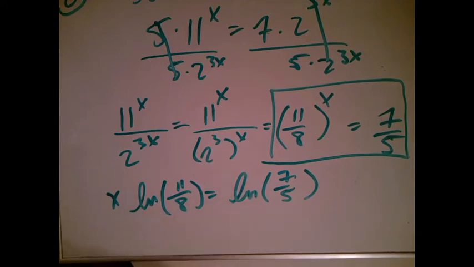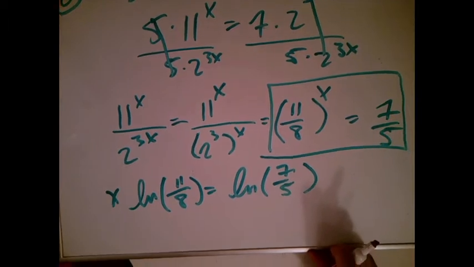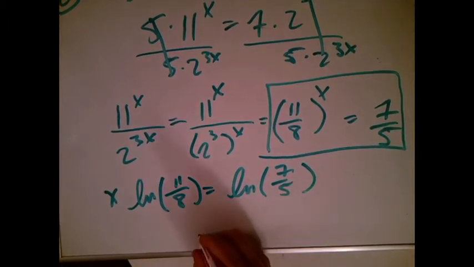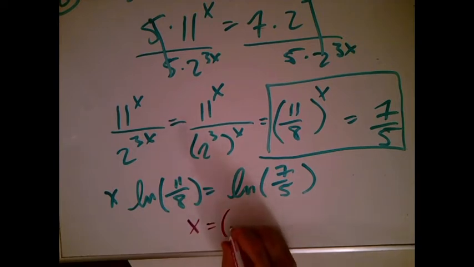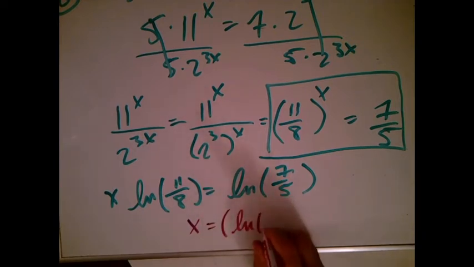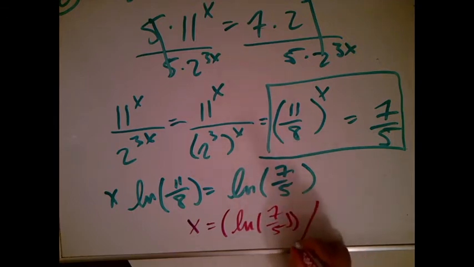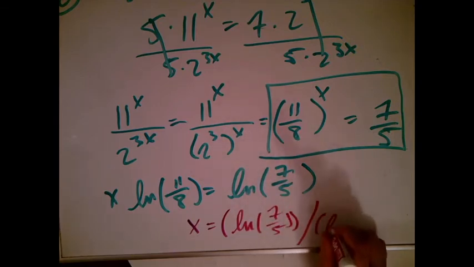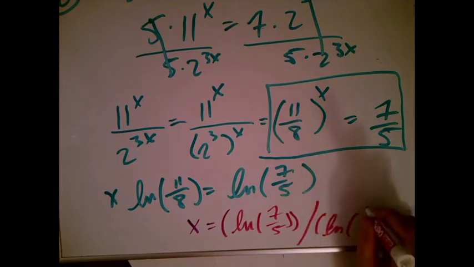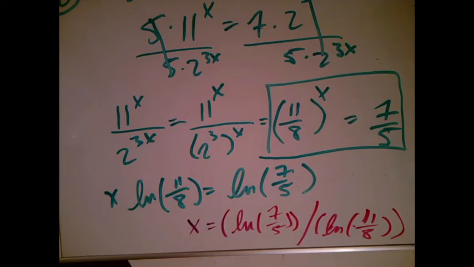But no matter how icky the constant is, we can actually just write down the answer. So I'm going to go like this. I'm dividing both sides by the ln of 11/8. So I get the ln of 7/5 divided by the ln of 11/8. Make that look like an 11. Can we see that? Yes, we can. All right, so in order to solve this exponential equation, I got all the x's on one